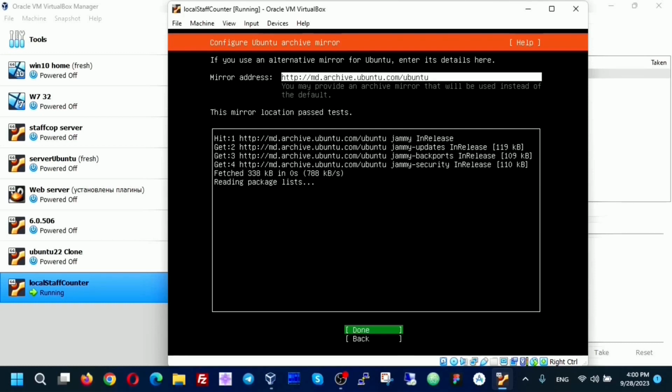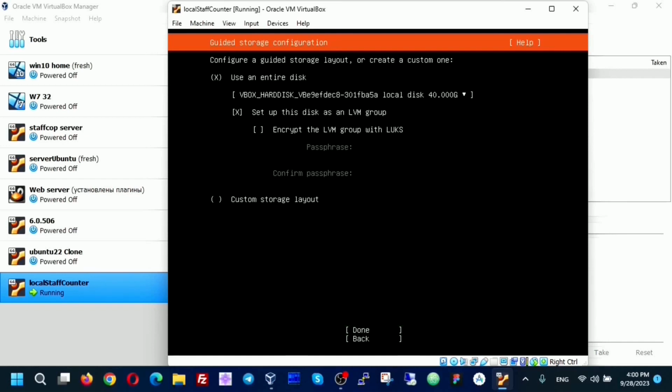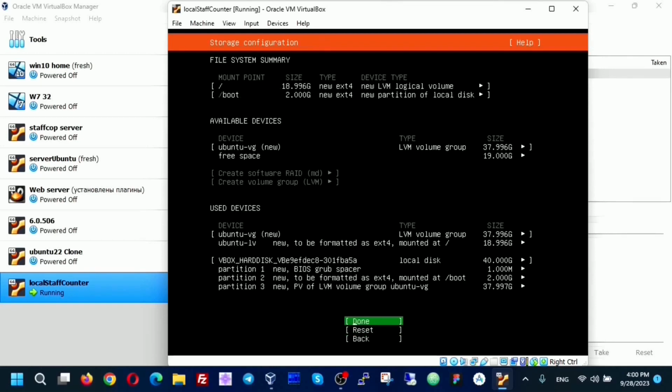We click Done. The server suggests using the entire disk. We can agree, click Done. Use the Tab key to switch down and click Done. The disk will be automatically partitioned. We click Done.